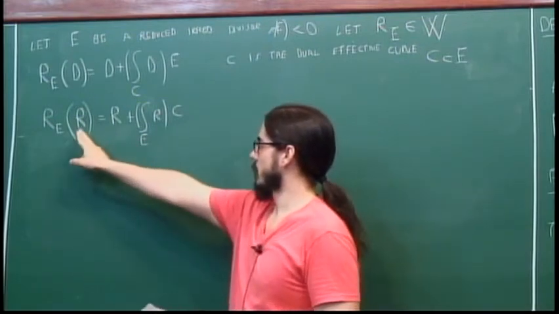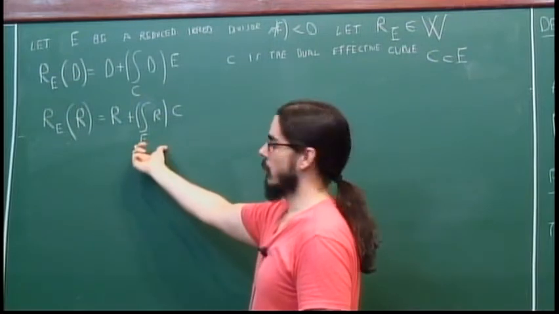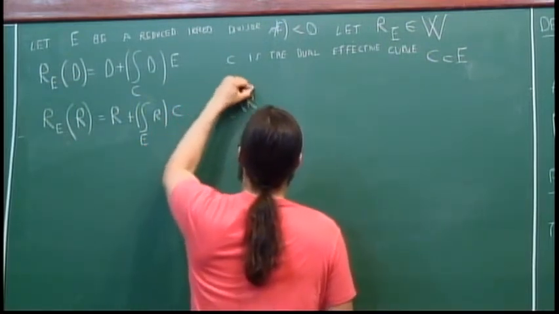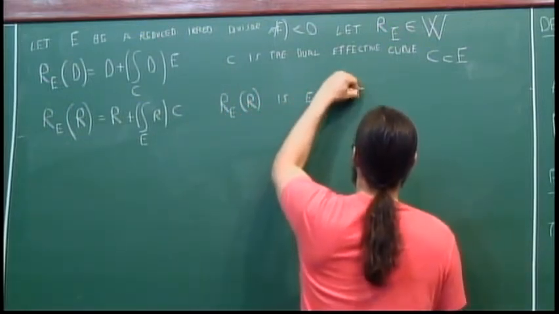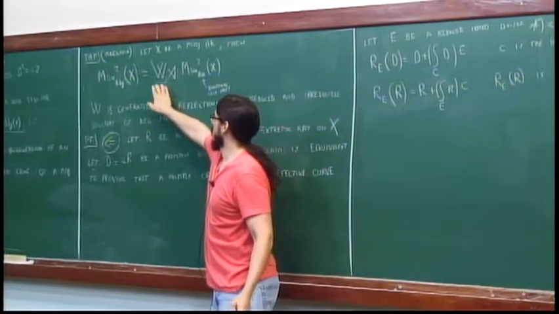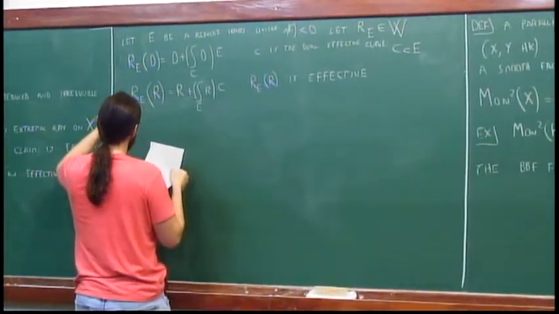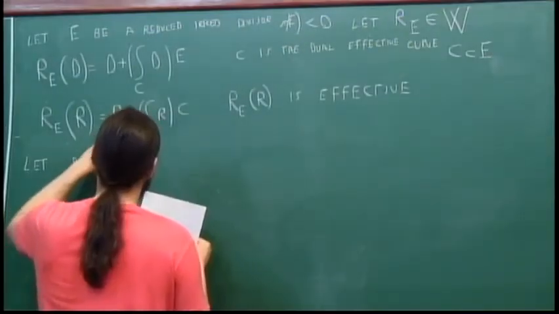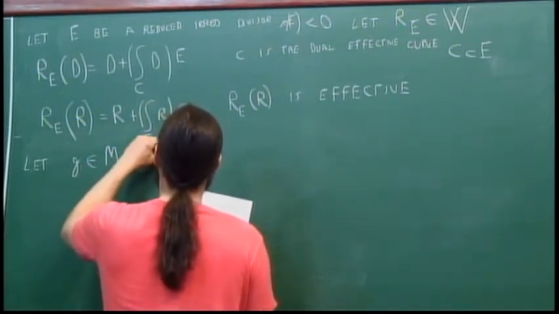So as R is an effective curve, its image is still an effective curve, because this integral will be positive. So the image of R is still effective. And this settles all elements of W. So now we take G, an element in Mon2 birational of X,